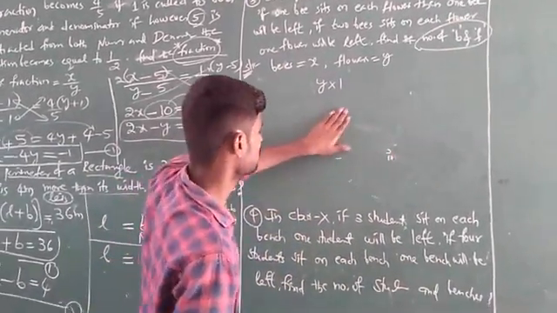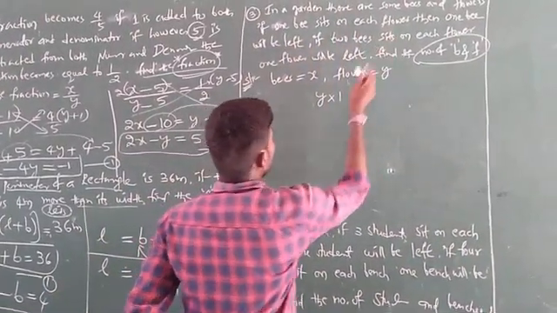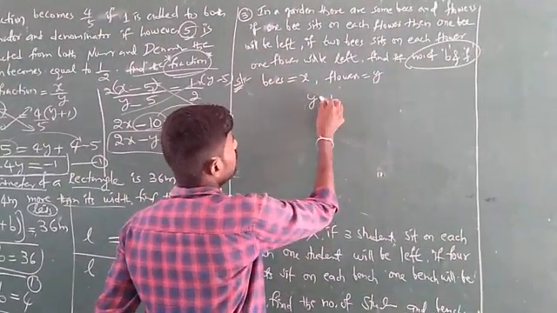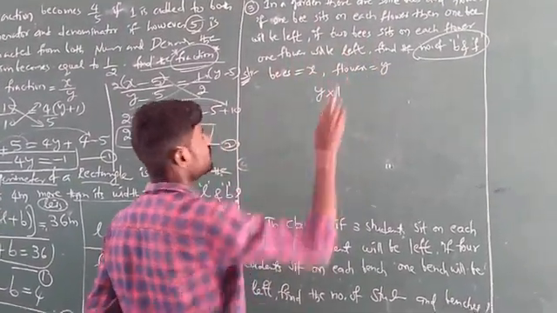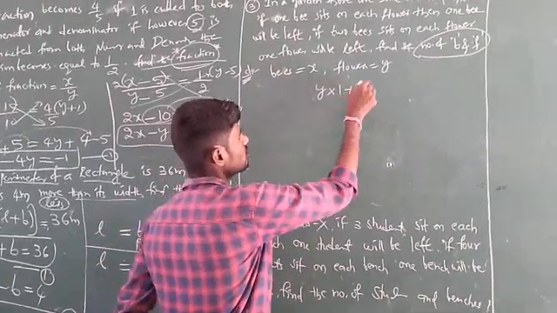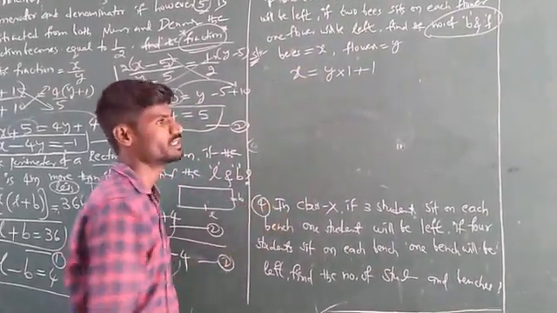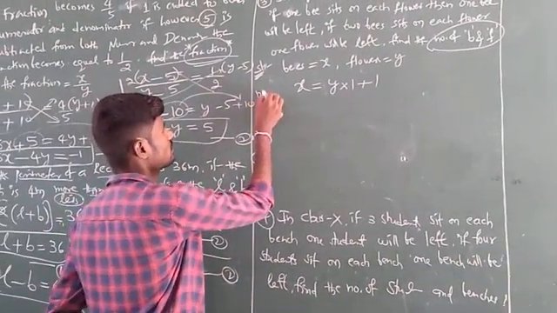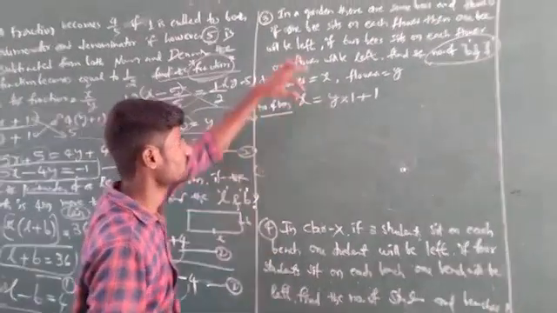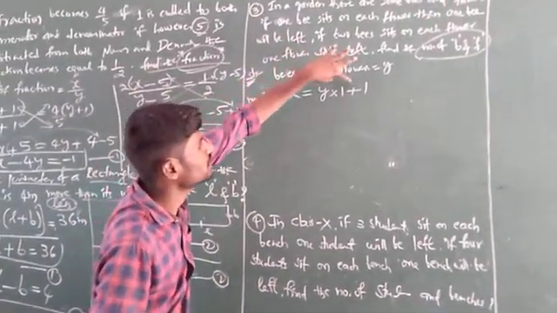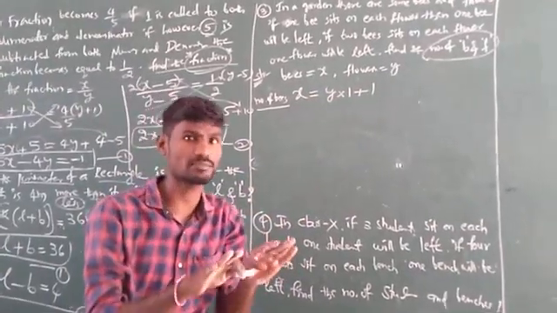Here you have to imagine that. So 1 bee sits on each flower. Flowers we assumed as Y. 1 bee on each flower. Next, 1 bee will be left, meaning 1 more bee left. This is the total description about X. This will give the number of bees. Don't get confused. Left side is the number of bees, and right side is also the number of bees only. Then only the equation has the same parameter, bees and bees.